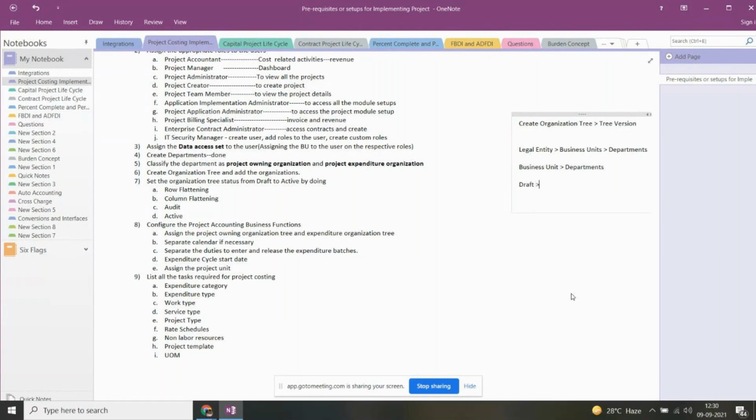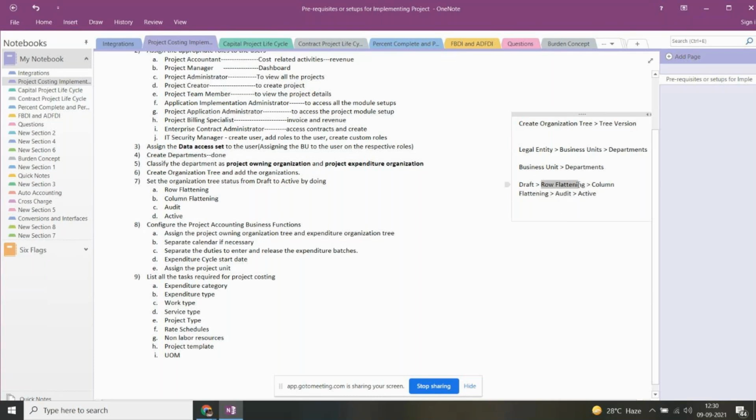From draft status, first we have to do row flattening, then column flattening, then audit, and then make it active. So from draft to active, there are other activities included in this process.